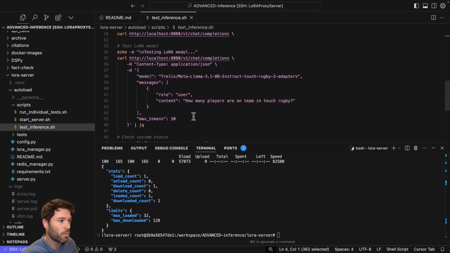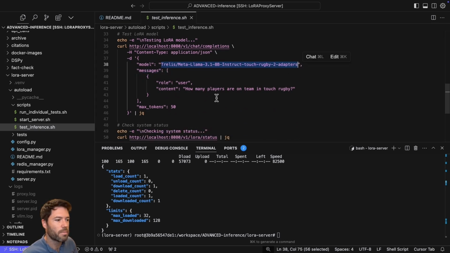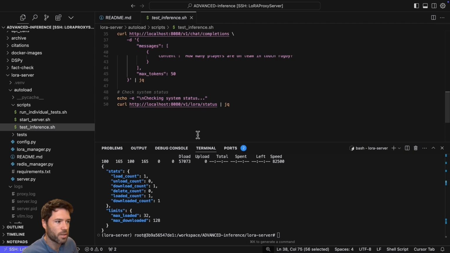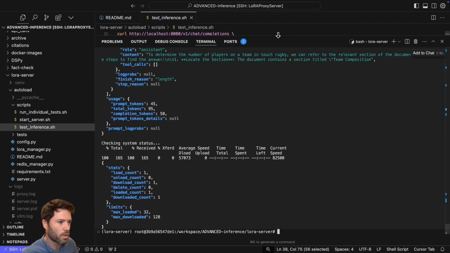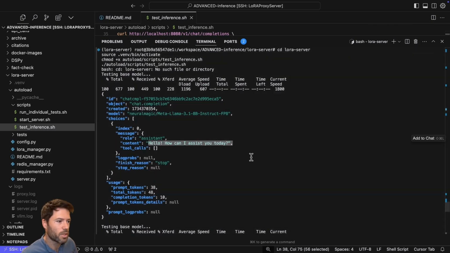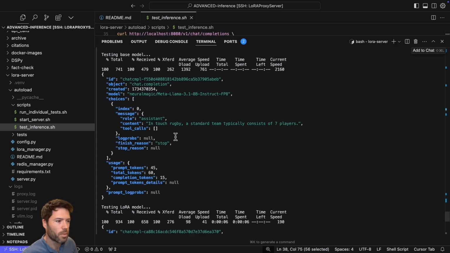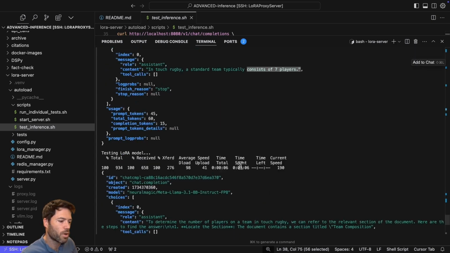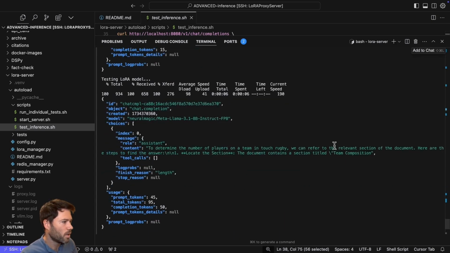And then I test the LoRa model. And this time I'm calling on this LoRa model here. And then I'm just checking the status. So we can take a look at when all of this script runs. So yeah, the response to hello is how can I help you today? The response to the base model is 7 players, which is wrong. And the response to the LoRa adapter is actually not visible here because